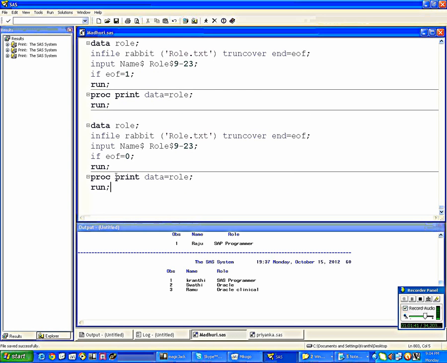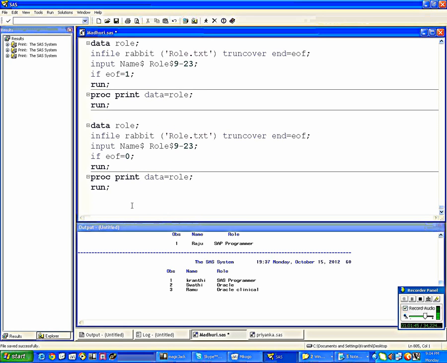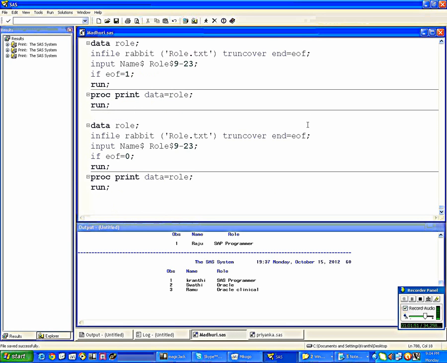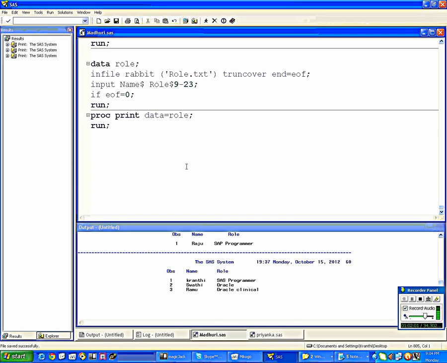It works when reading the data from an external file. Anyway, I think the data lines will also work. So this is called the end equal to option.